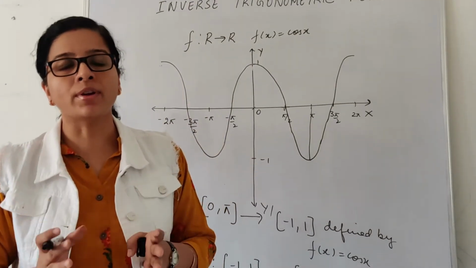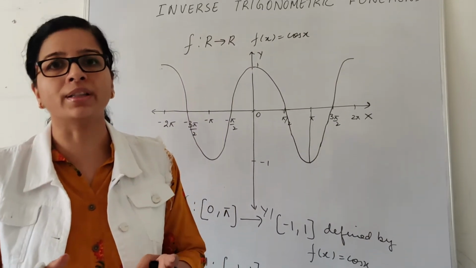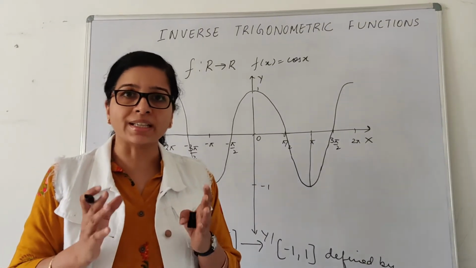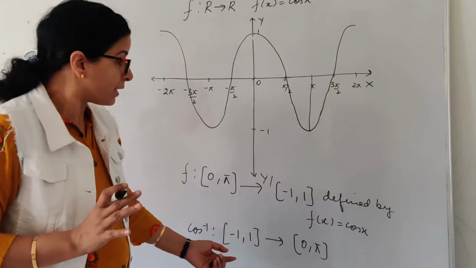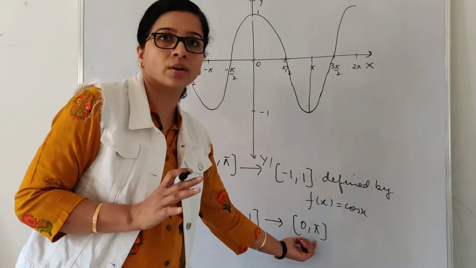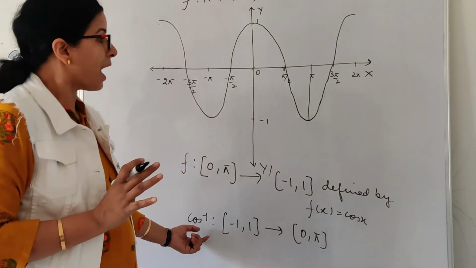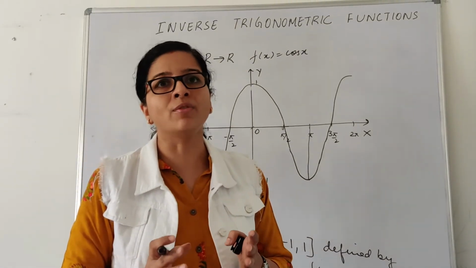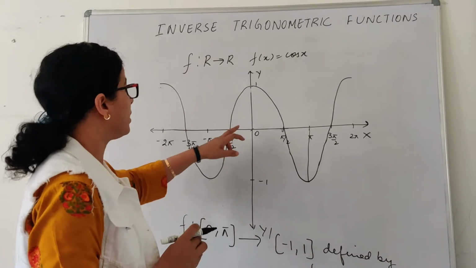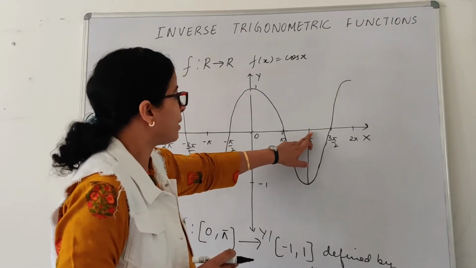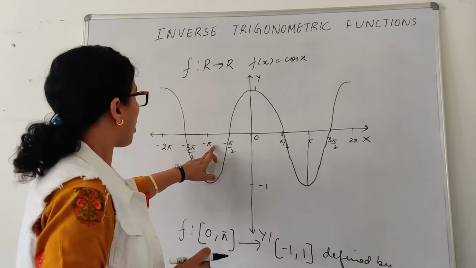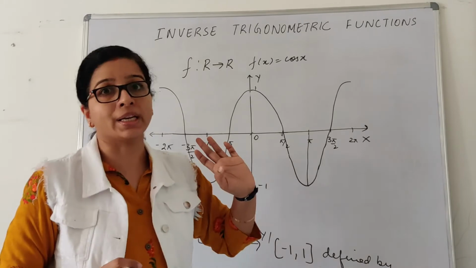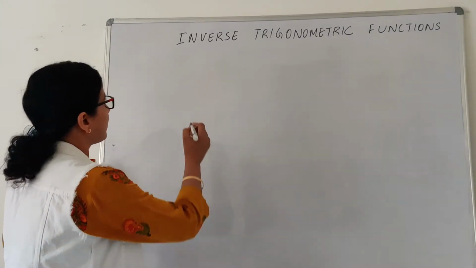Always remember, whenever we are talking about the inverse of a function, whether it is a trigonometric function or a general function or an algebraic function, it always has to be one-one and onto. Now this is my principal branch for cos inverse. Again, as we have done in sine inverse, we can define cos inverse in various intervals. Here I have defined it for 0 to pi. I can define pi to 2 pi, or from minus pi to minus 2 pi, or from 0 to minus pi. Okay, so now some remarks I will tell you.